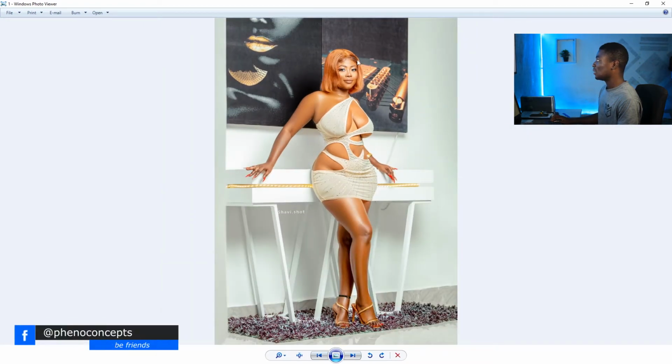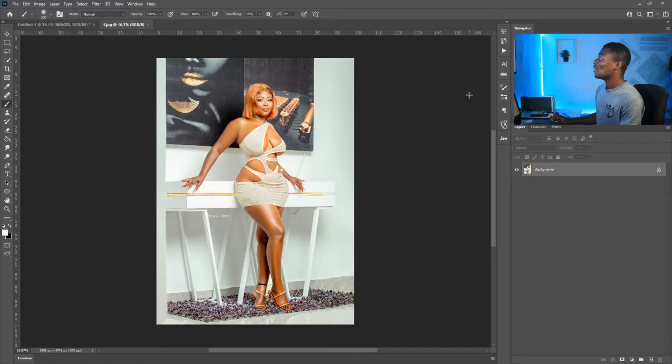You know what, let me just open it up in Photoshop and show you what I'm talking about. I think it will be a lot easier when I'm displaying it rather than talking about it. My PC is taking quite some time to open. All right, so this is what we have. If I grab the zoom tool and zoom in,